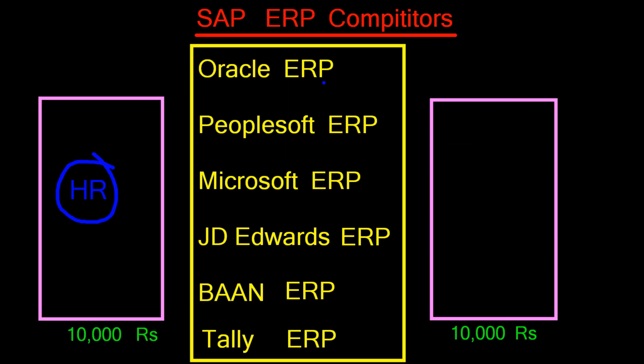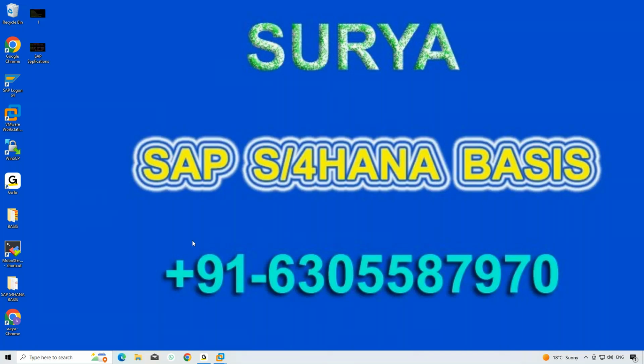So that is the reason by default, we are getting 200 plus modules. But in other companies, very limited modules only. That is the reason most of the customers go with SAP only. General example I explained. And next one is